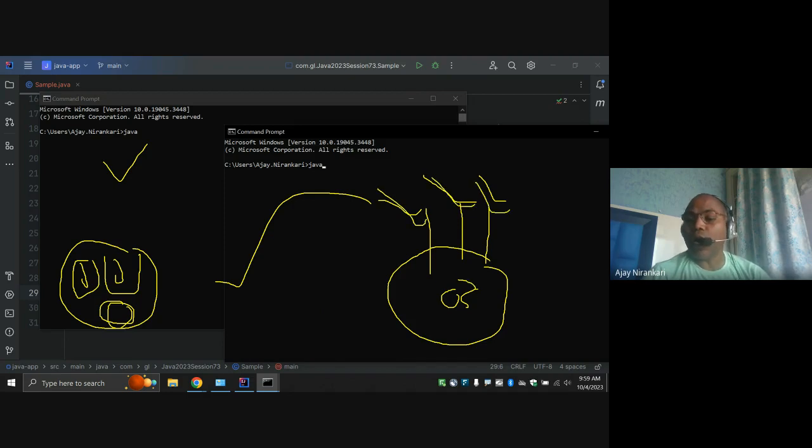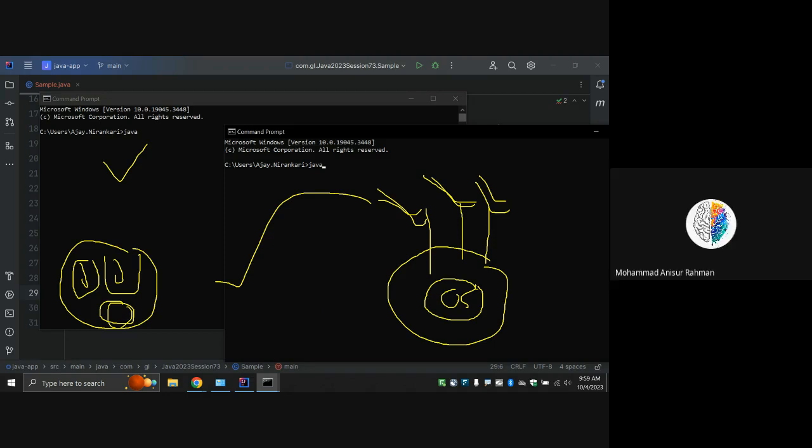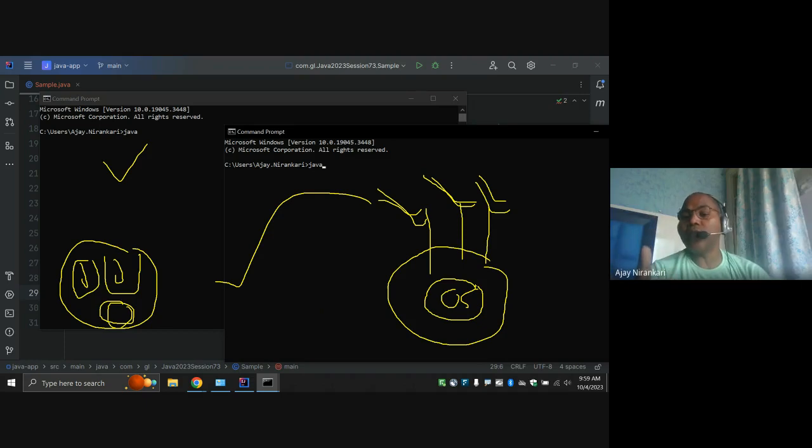So our operating system by default has enough capacity, enough power, enough space. It can run all these processes at the same time, right? Notice, here I'm speaking to you and I'm sharing my screen. Both things are going simultaneously, right? You are able to hear my voice and able to see my screen. Now how is that possible?